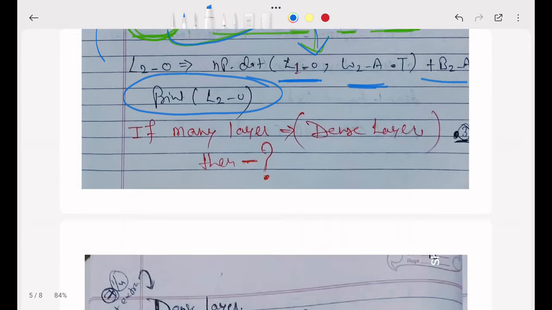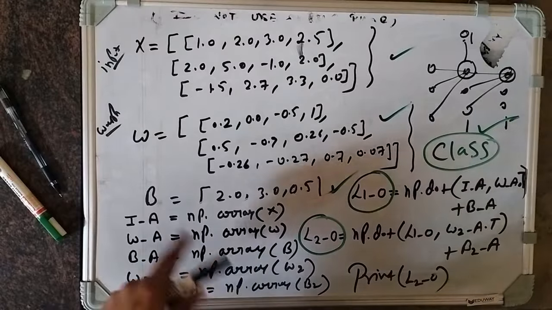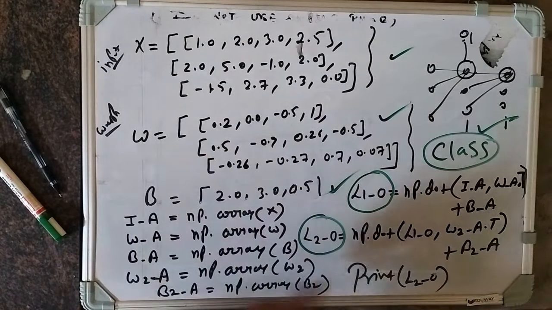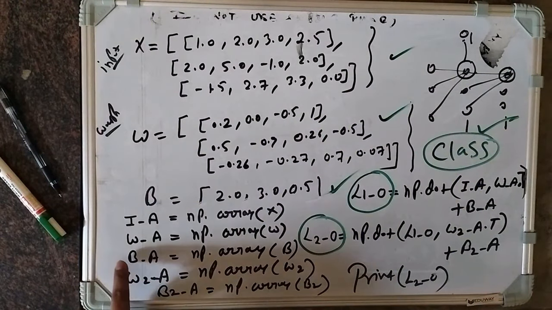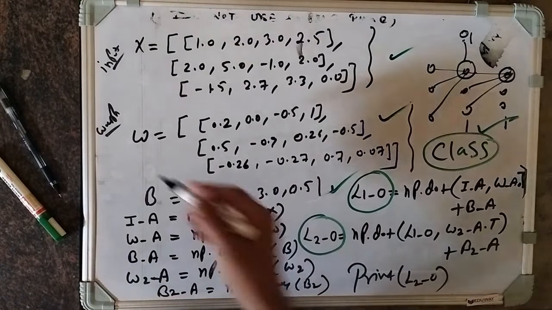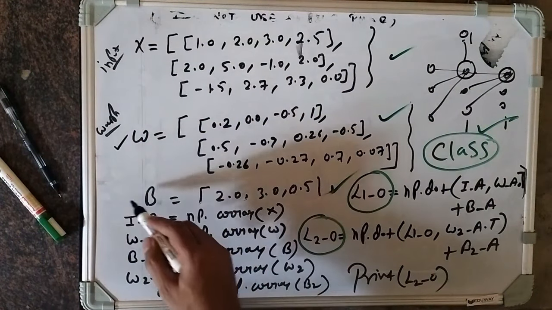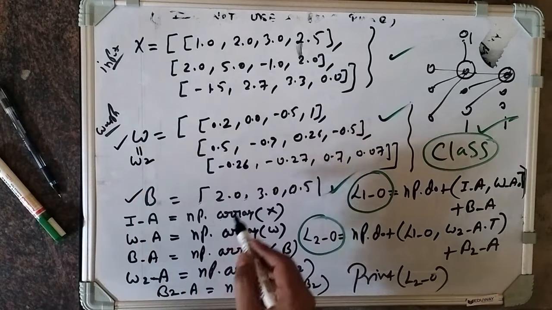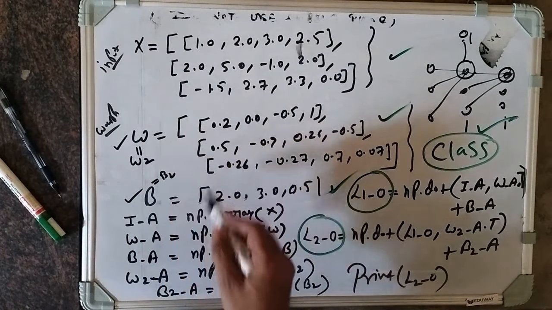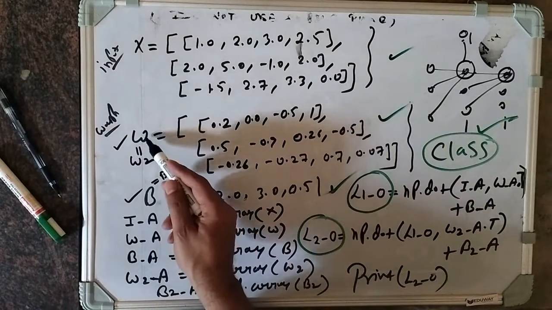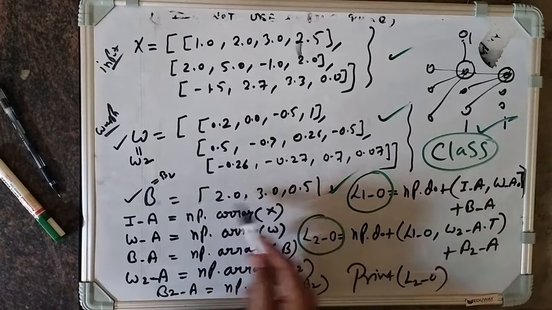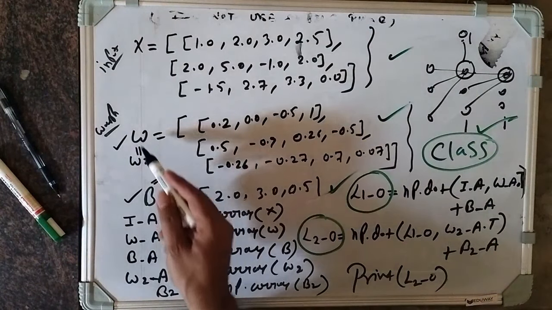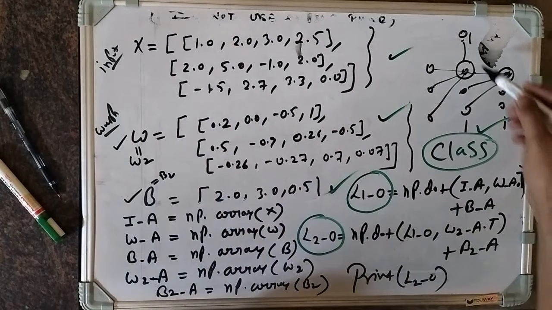Now I will come to this code. Here I have written W2 and B2, but because of the lack of space, I have not written what W2 and B2 are. So either you can initialize W2 as well as B2 with some random numbers, or you can write W and W2 both the same, and B and B2 both the same. Nothing will happen. So this is for the multi-layer.